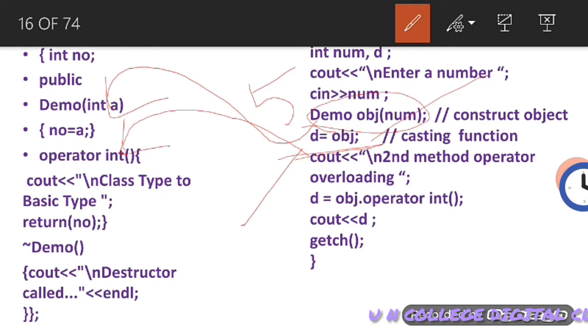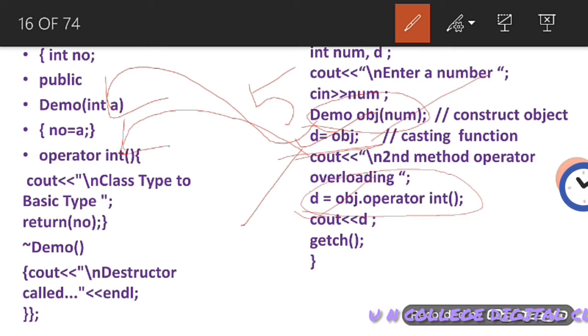Now we can use another way of writing this operator function: d equal to obj dot operator int. You can write this way or that way, no problem, both are equal.